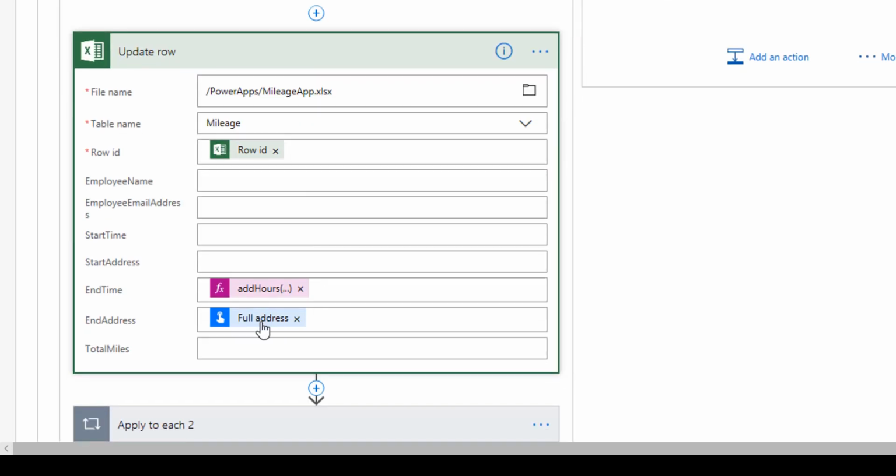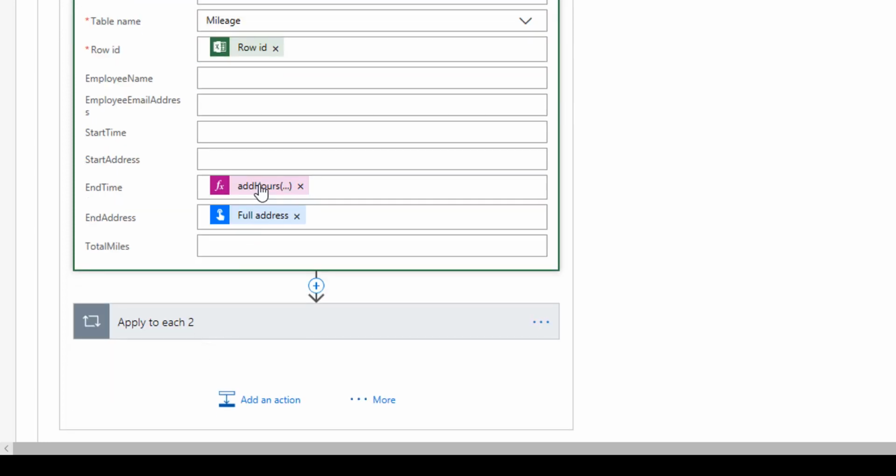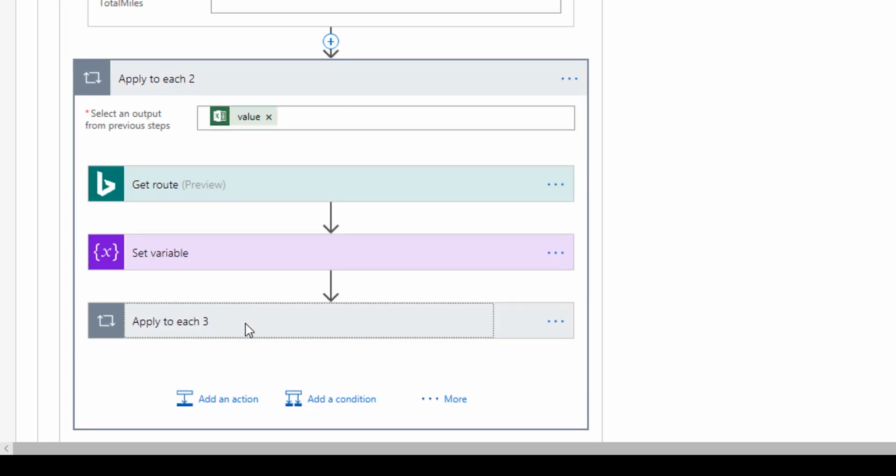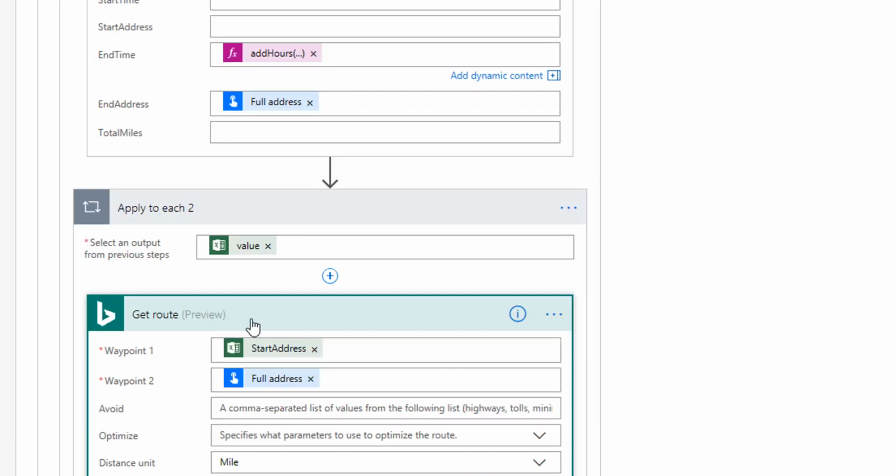update that. And in the update, it first adds the address of that location over here, and as we move forward, it also gets the get route. Now the get route is the total amount of distance that it takes. So the get route is that Bing connector that I was talking about, and this is what I'm using to